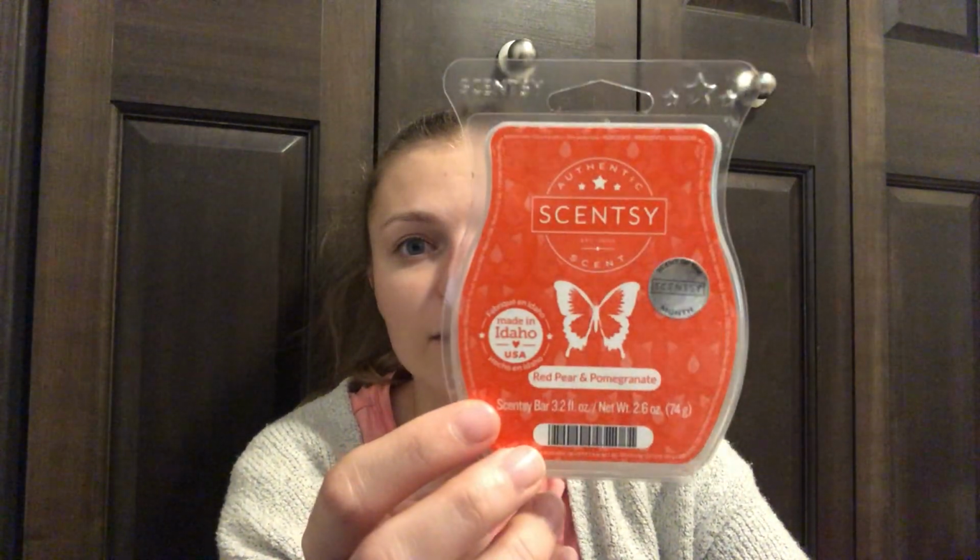Also, scent of the month from a while ago, I think this was February, is Red Pear and Pomegranate. This was my last bar, but I have half of my brick that I still need to work through. I don't love this scent, but I think I'm coming around to it more. I like it way more than Appealing Apple. Appealing Apple is just way too apple based. This is at least a different fruit base. I actually ended up mixing this with,